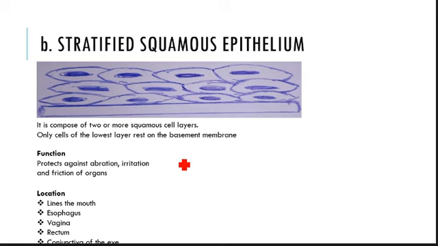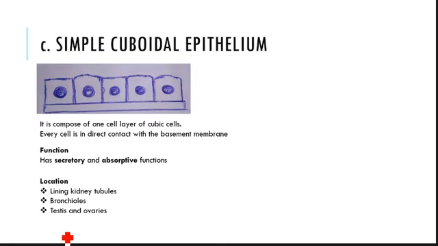Next is the stratified squamous epithelium. They are stratified because they play a role in protection. They protect against mechanical injury. They line the mouth, the esophagus, the vagina, the rectum, and the conjunctiva of the eye. Now, talking about